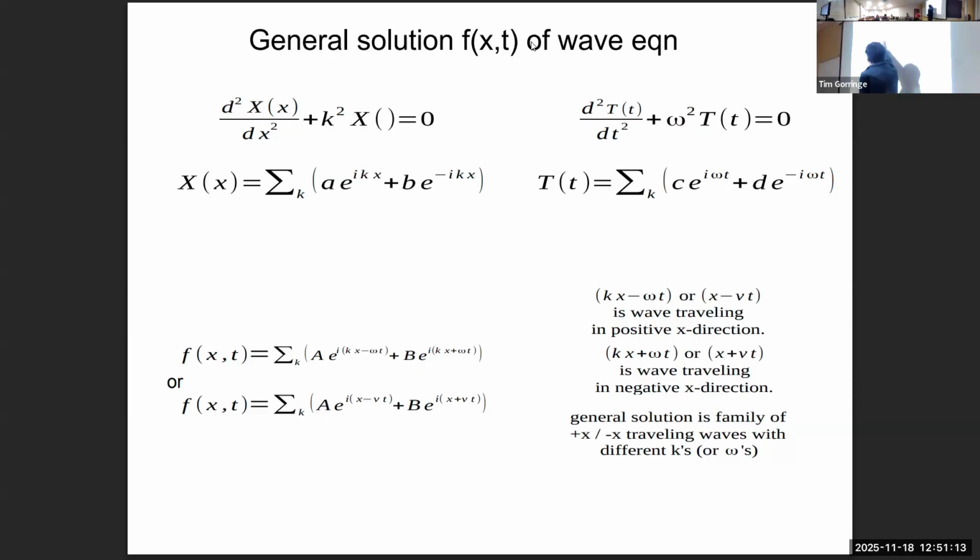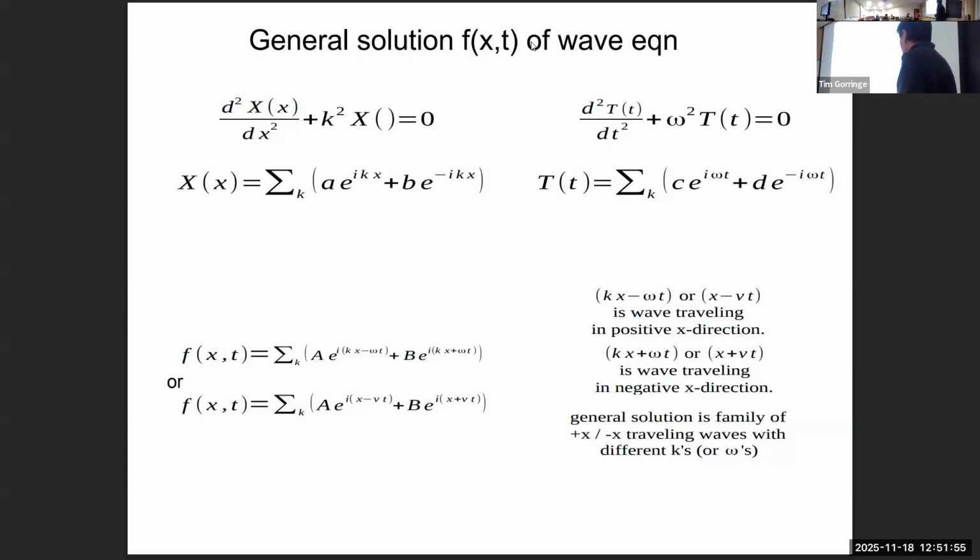And so here I wrote down the general solutions to these two equations. The general solutions have a lot of parameters associated with them. There's the separation constant K, and this omega involves K and C. So if you define K, you've defined omega. That's a constant that defines the frequency or wave number of the wave-like solution. And then there are all these coefficients A, B, C, and D that correspond to all the different families of solutions